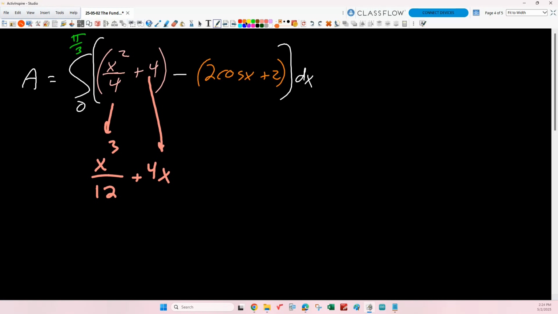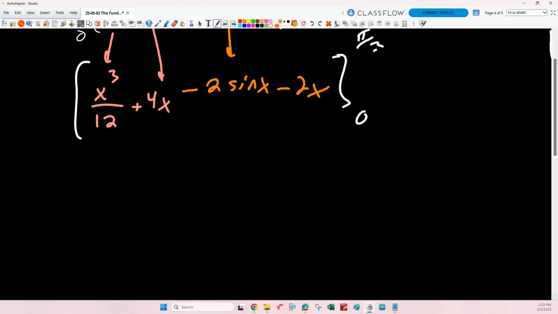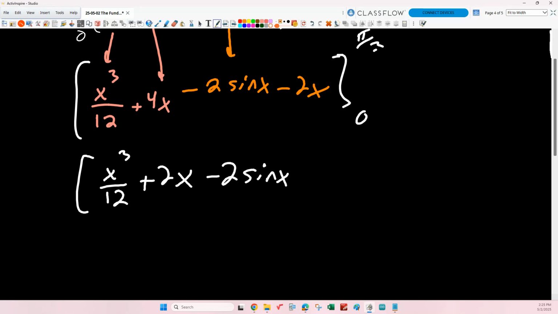So then this part is giving us 2 sine x, but it's being subtracted, okay? And then finally, what about this one? 2x, that's also being subtracted. And all that stuff is being evaluated from 0 to pi thirds. But we could combine a couple things, couldn't we? We could combine those two things. And so we end up with x cubed over 12 plus 2x minus 2 sine x